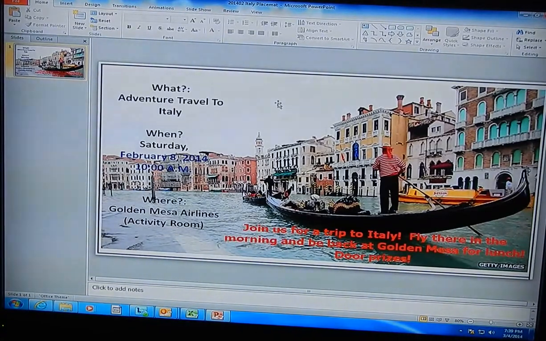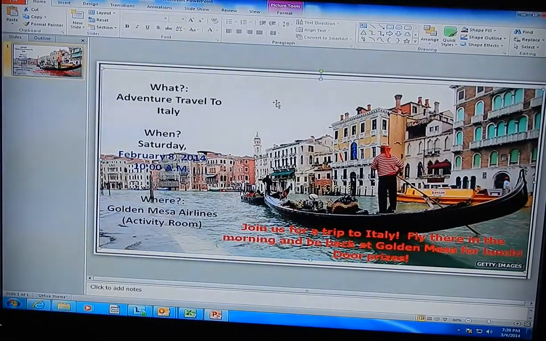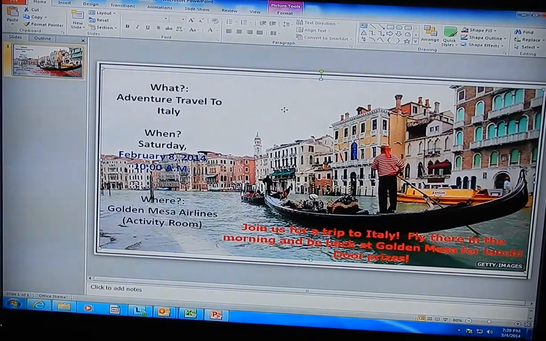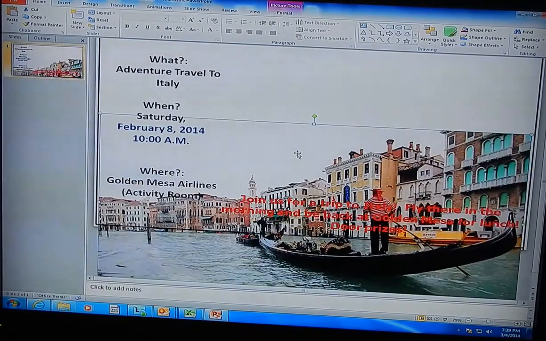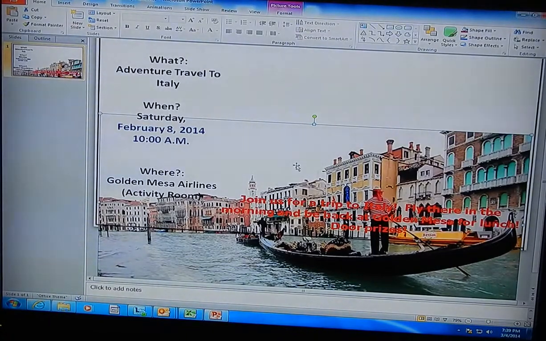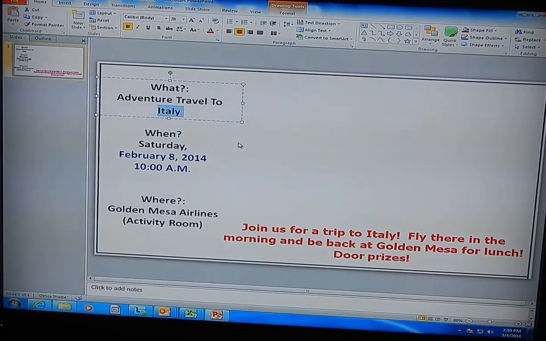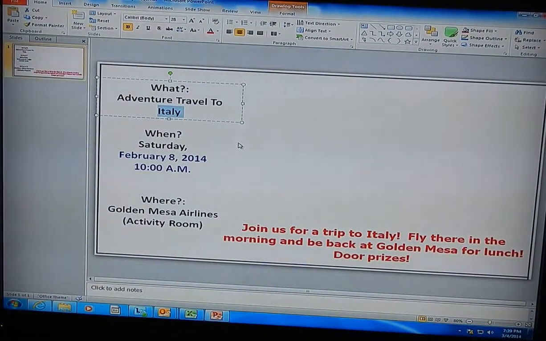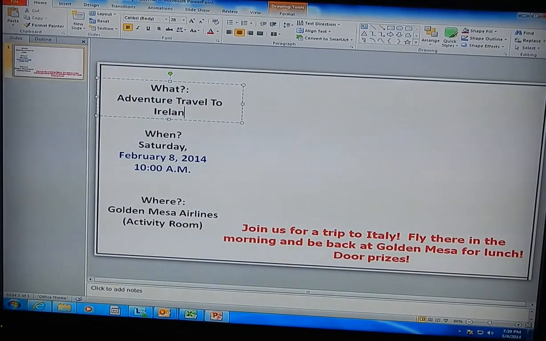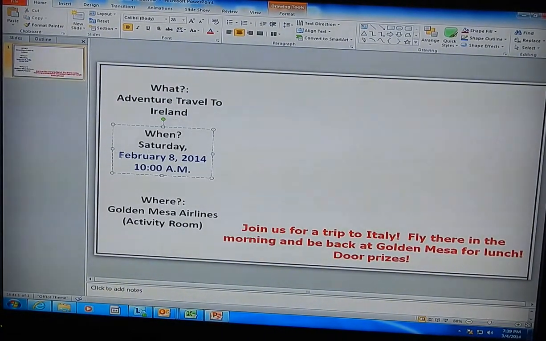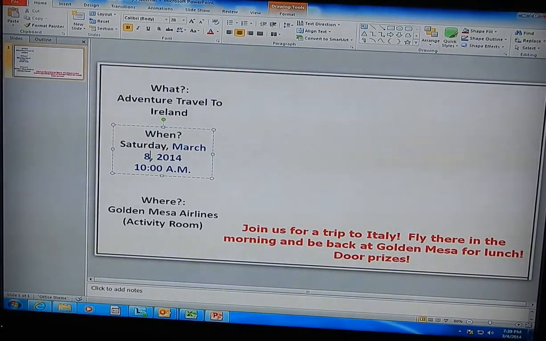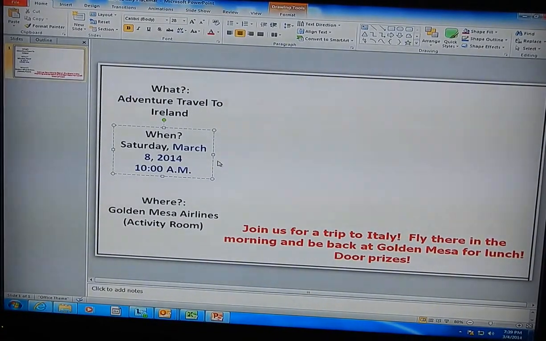All right, in the last video, if you saw that, I've already saved a couple of pictures of Ireland to use for the boarding pass and the placemat. Now what I'm going to do is take my picture, make sure you've got just the picture, which I do here. I'm going to delete that. I'm going to change the text. Notice I highlighted the text box where it says what. I'm going to change that to Ireland. The when is going to be March 8th. You can change these around a little bit if you want. I just found this is a good format